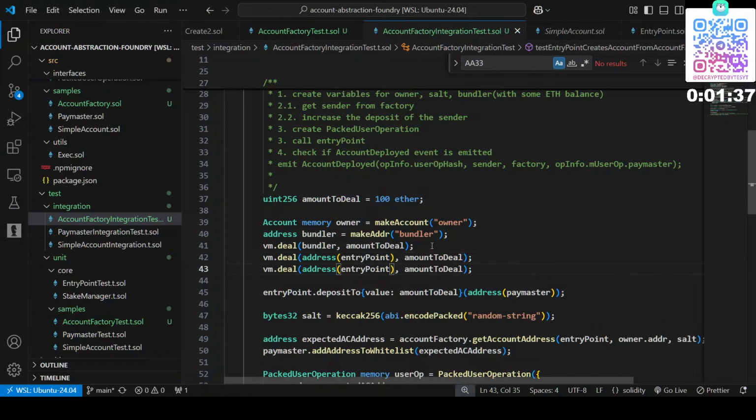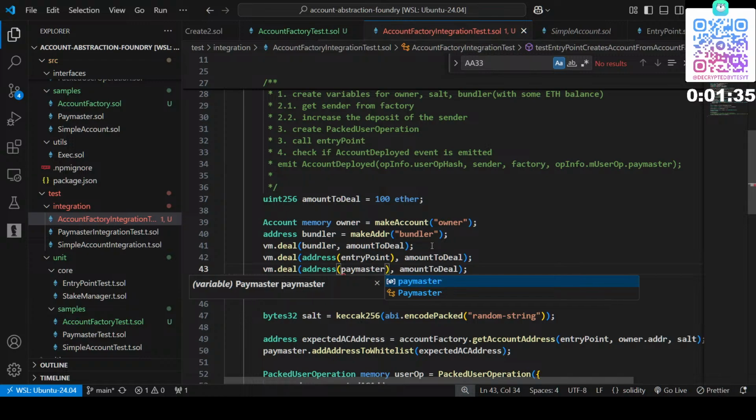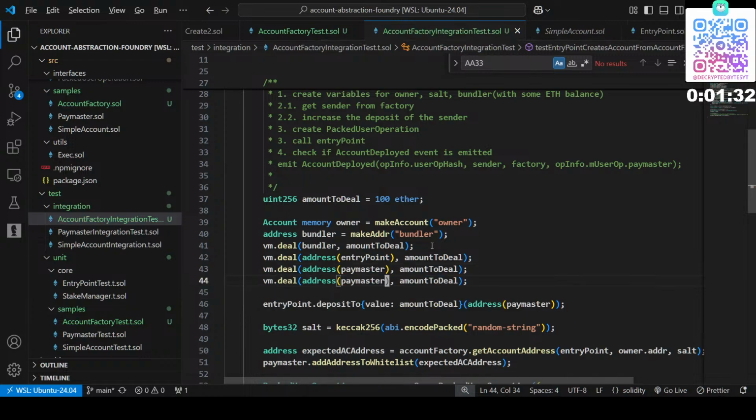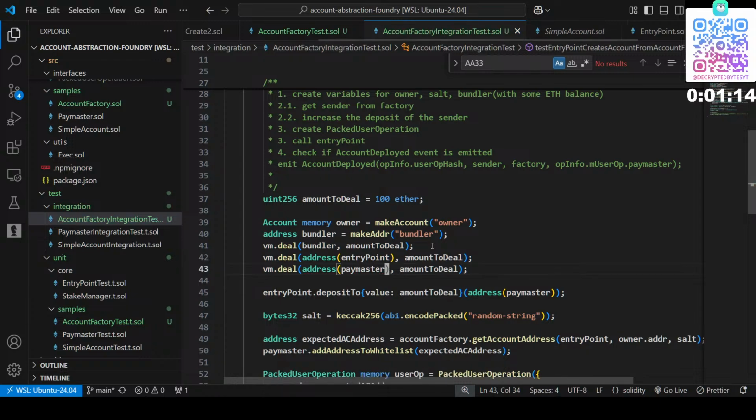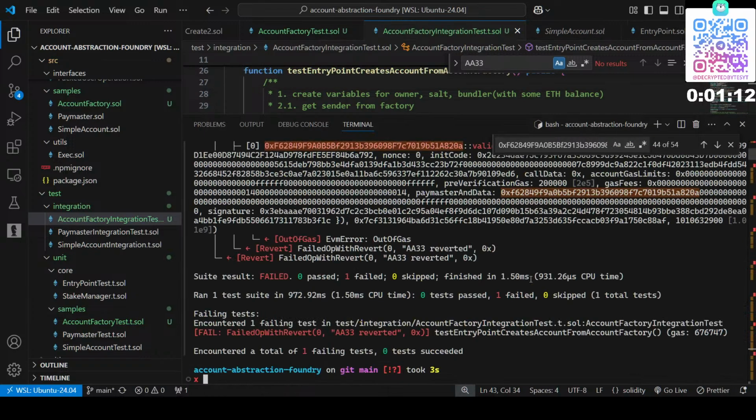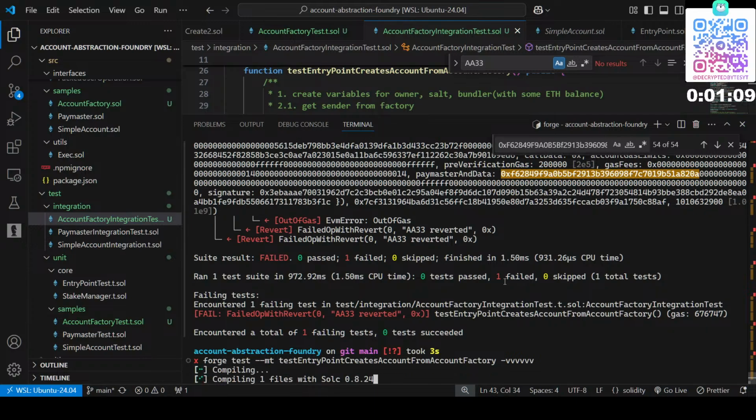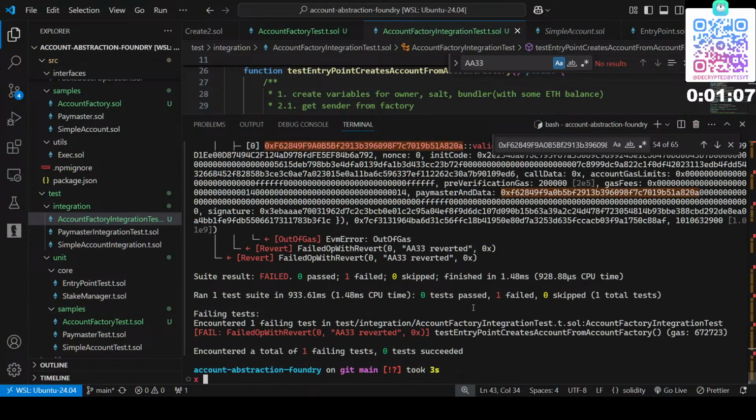Let's go down and say paymaster. I know paymaster doesn't need it. Then what else? We have bundler, paymaster, entry point. Those three things are there. I'm pretty sure this won't solve the issue. Failed with zero. Okay,